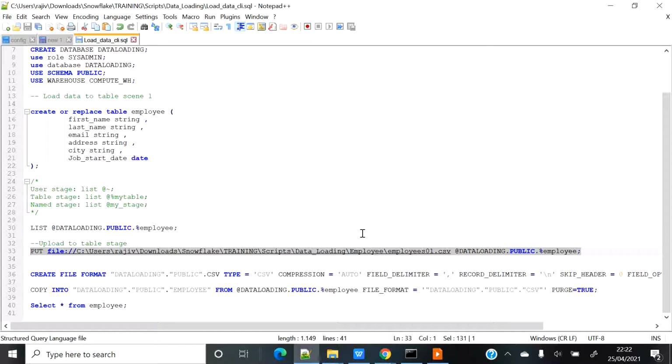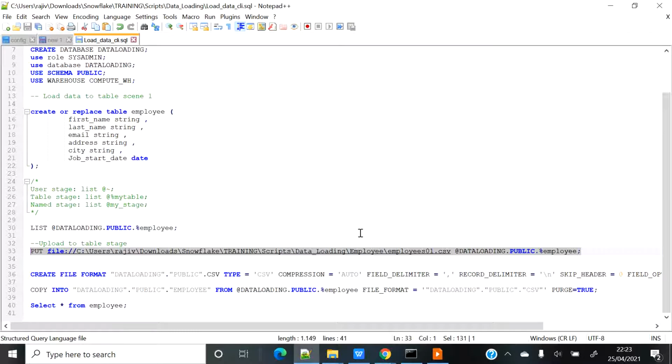The command line is very helpful when you want to upload or script the importing of mass data into the stage, because the web UI is good for small data imports but is not suitable for mass data upload or scripting. Basically, to upload a file you have to use the put command from SnowSQL, and to retrieve a file from an internal stage or table stage you have to use the get command.